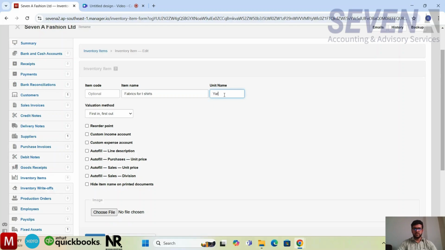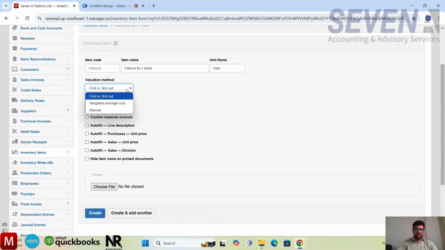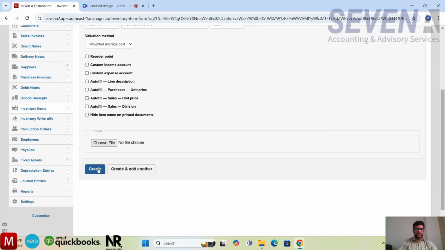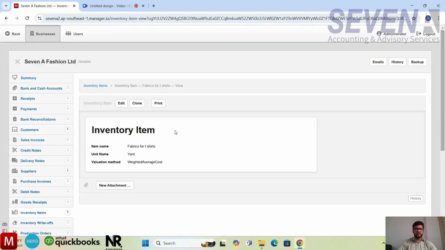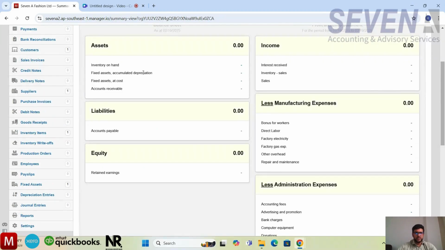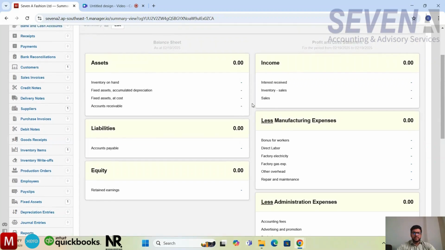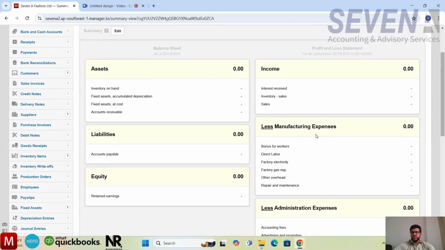We will use yard. And for valuation method, we will use weighted average cost and create. Let's go to the summary again. You can see inventory on hand is added to the balance sheet items, and on the other hand, in the